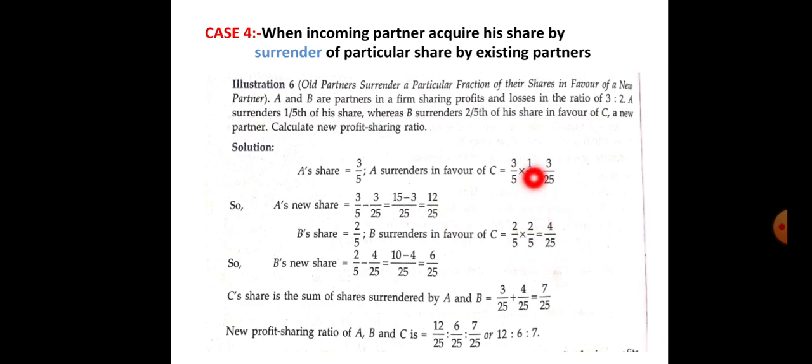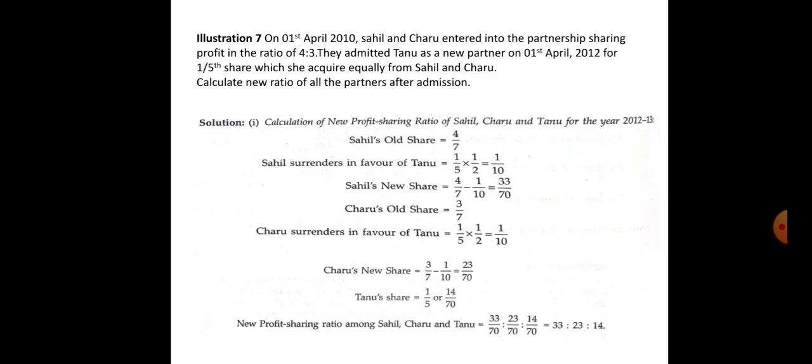The share which they sacrifice must be deducted from their existing ratio, उसके एग्जिस्टिंग रेशियो में से माइनस कर देना है। उसके बाद जो निकल के आएगा, this would be the new profit sharing ratio of existing partners. And as in the present case the sacrifice share was not given to you, then we can say that the share that is being surrendered, that is being sacrificed by A and B, will be the share of C cumulatively. तो ये इसका शेयर है। This is the case number 4.